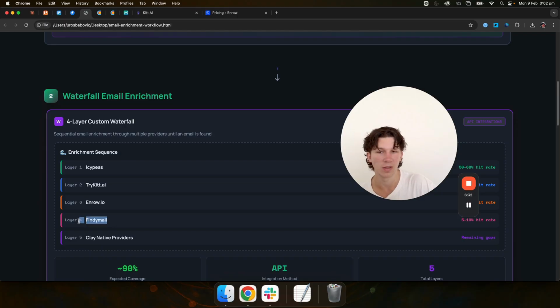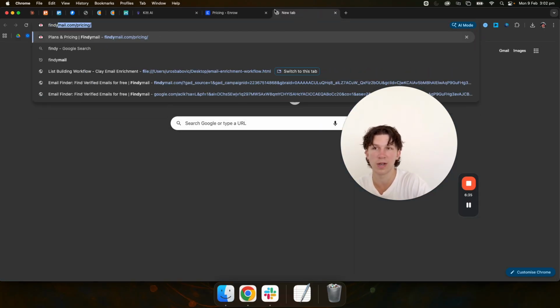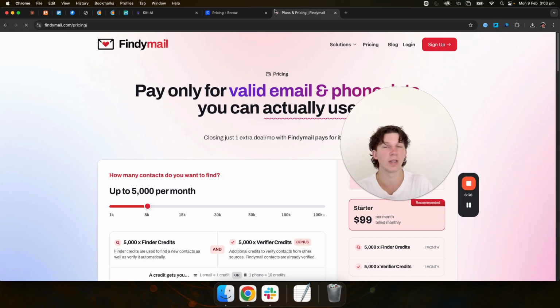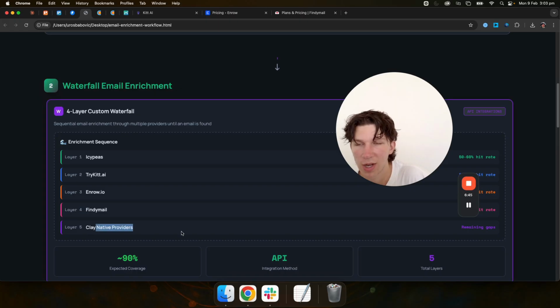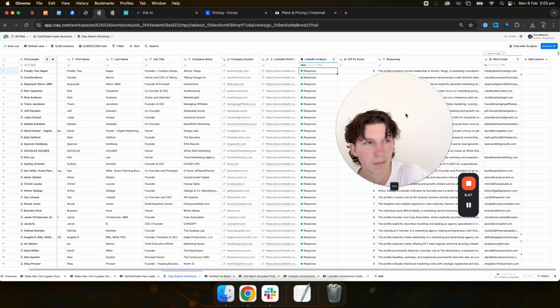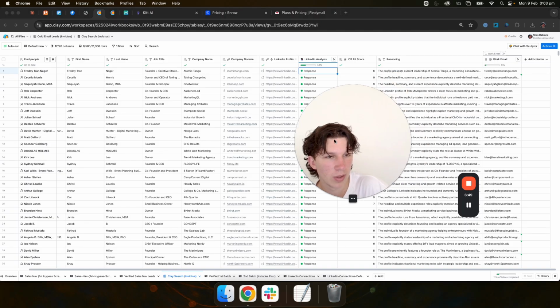And then FindEmail is the last one. FindEmail is one of the best providers out there, but it is quite expensive. So it's the last layer that we fall back on when the first 3 can't find any. And then from FindEmail, if there's any others that can't be found, it's just Clay's native providers via the enrichment workflow. So basically when we go into work email,